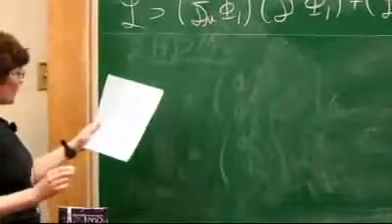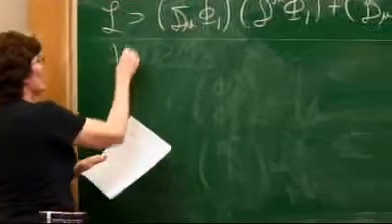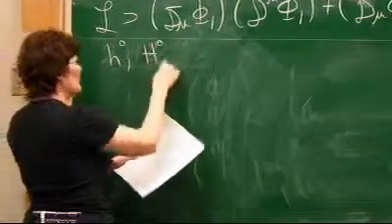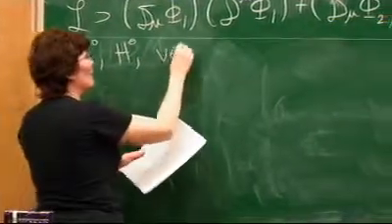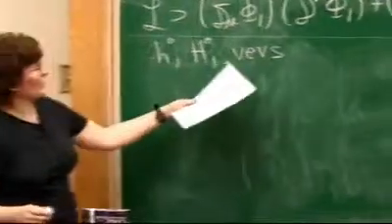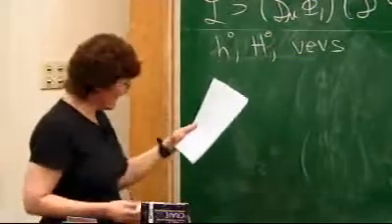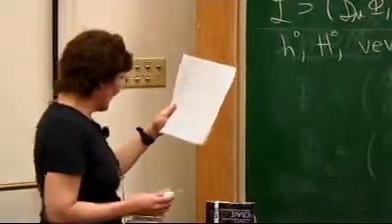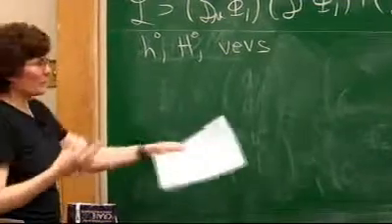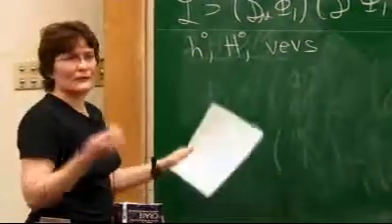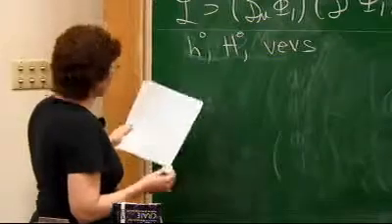I'm just going to write down the part involving little h, big H, and the VEVs. For anyone who doesn't know, VEV stands for vacuum expectation value. I hope I defined that earlier. So you plug in, you multiply out. You plug in this sine and cosine alpha and all of that. What comes out? Well, actually,